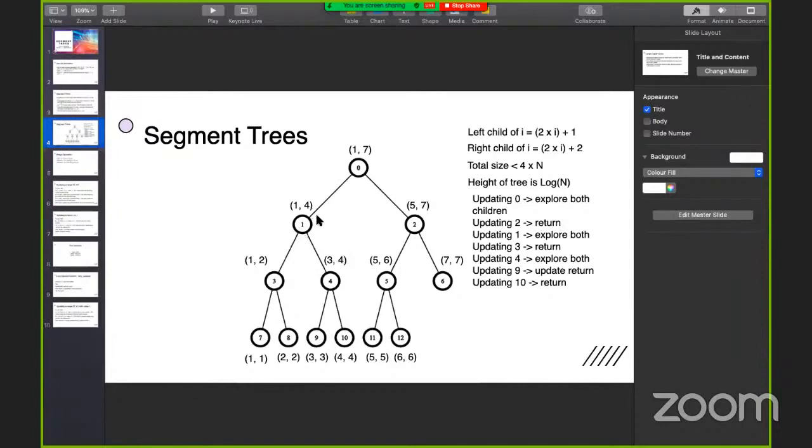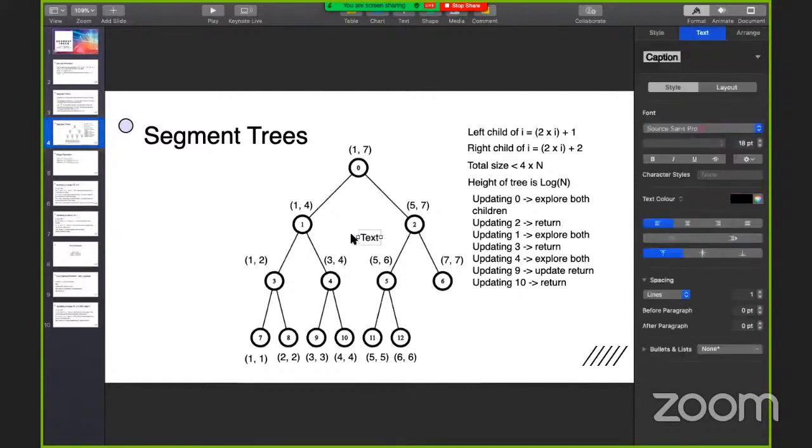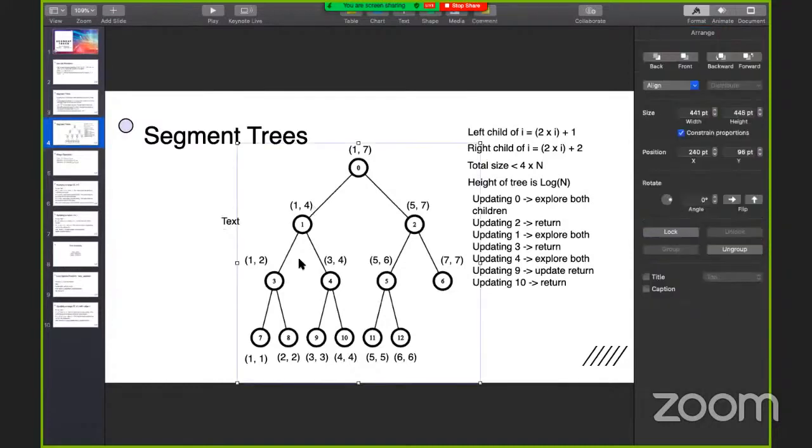But what if we updated just this node here, and we marked it, saying, let's say we have to add 6 to all of them. If we have to add 6 to all of them, then the value will change by 6 times 4, which is 24.